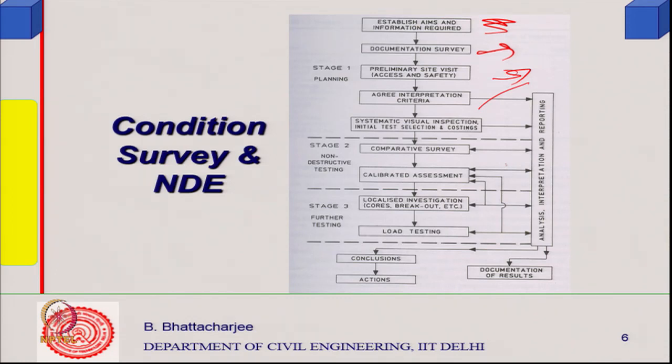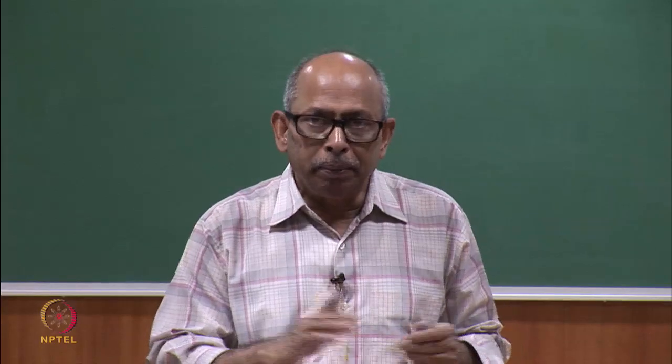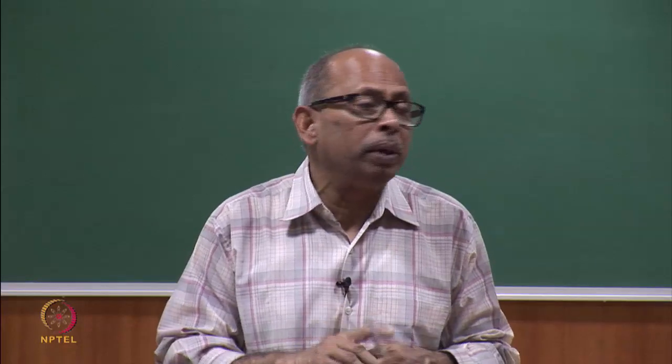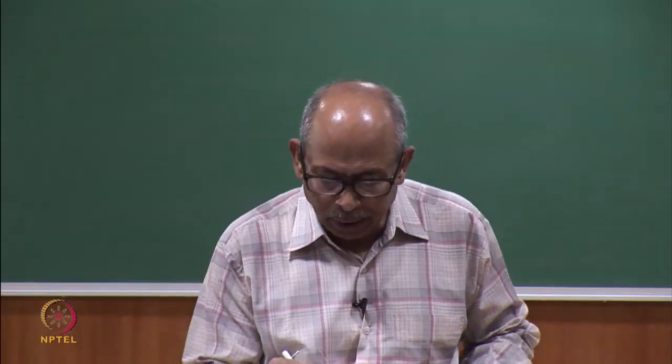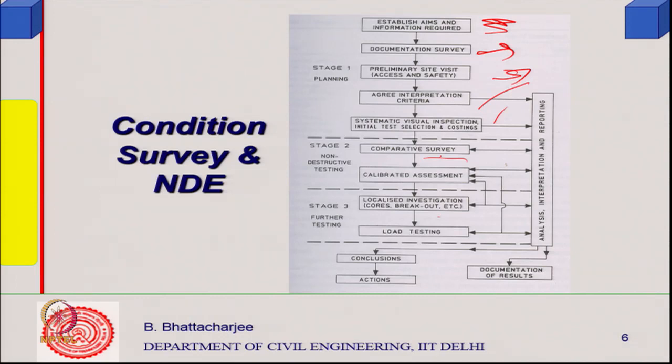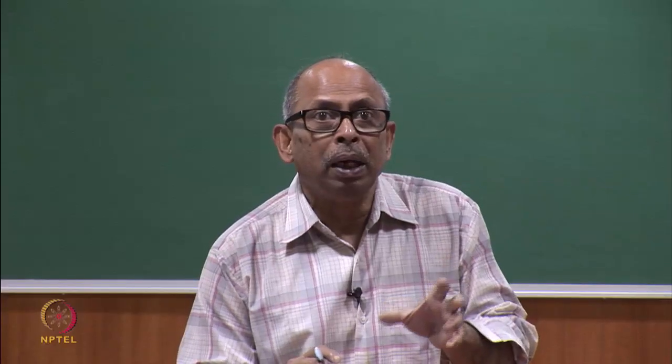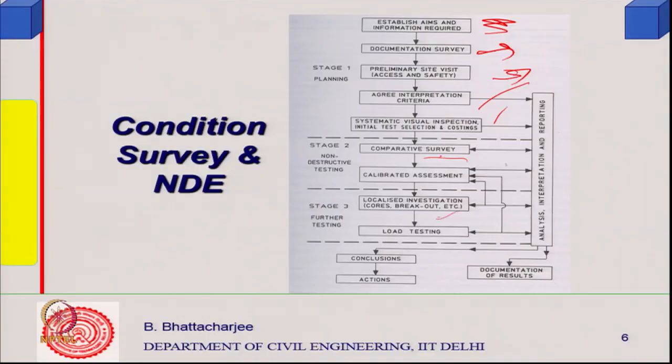Then you do a systematic visual inspection, followed by some survey, non-destructive testing, which may be comparative with something else you might compare, or calibrated assessment, either way. So, both can go on, and all this would be followed by localized investigation if required, because first you will do some kind of investigation to identify the local place where the damage is maximum, may do or may not do depending upon the situation. So, if you want to demarcate the local area where the damage is maximum, then do some more tests there, might do core tests, pull out test,